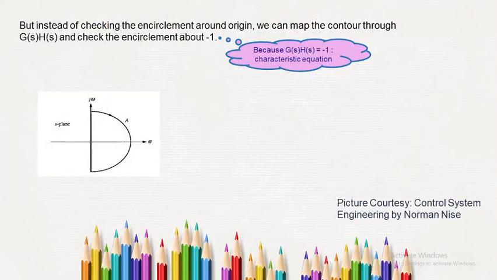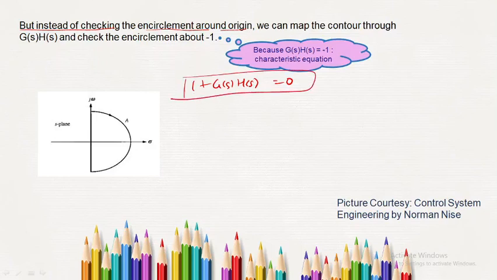One more important thing, main concept has been discussed. So what we do, instead of checking the encirclement around the origin, हमको मालूम है कॉन्टूर ए से कॉन्टूर बी में जाते हैं, अगर एक ज़ीरो है तो encirclement around the origin होगा if the zero is lying inside the contour. Okay, what we actually do, हम 1 plus GSHS फंक्शन जो है ये इक्वल टू ज़ीरो बोल रहे हैं, हम इस फंक्शन को ले रहे हैं और हम चेक कर रहे हैं एनसर्कलमेंट अराउंड द ओरिजिन. But what if we can map the contour through GSHS?